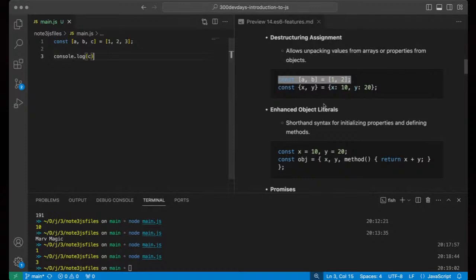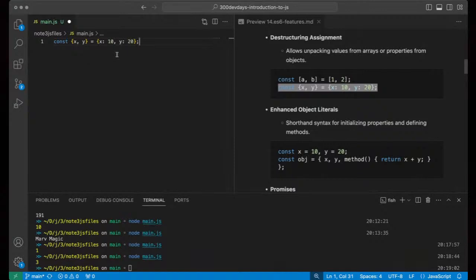So let's move on. We have another example, by the way. This will perform object destructuring. If you look at this right now, we have an object with a key-value pair: X maps to 10, Y maps to 20. Now we have const with X and Y. So this is also an object, but it's performing that X and Y mapping to the values of X and Y right here.